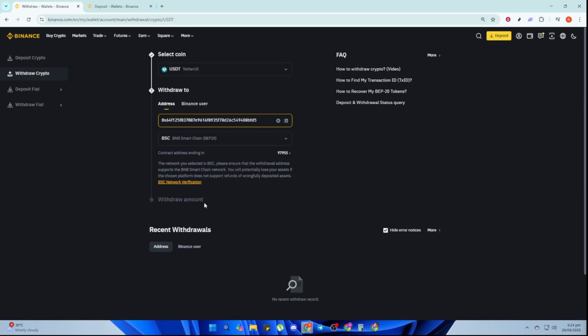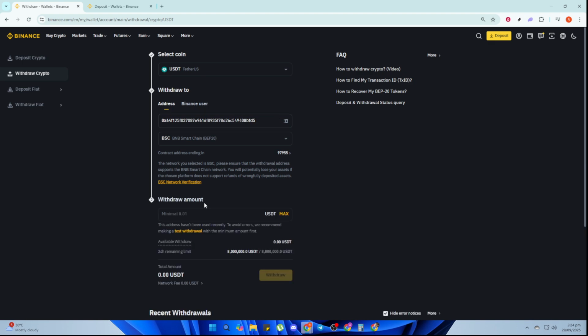Having successfully entered the correct wallet address, move on to the Withdraw Amount section. Here, you'll enter the total you wish to send. It's advisable to double-check this amount too, just to avoid any unintentional errors. Once you're certain everything is accurate, from the wallet address to the amount and the network, you'll click on Withdraw